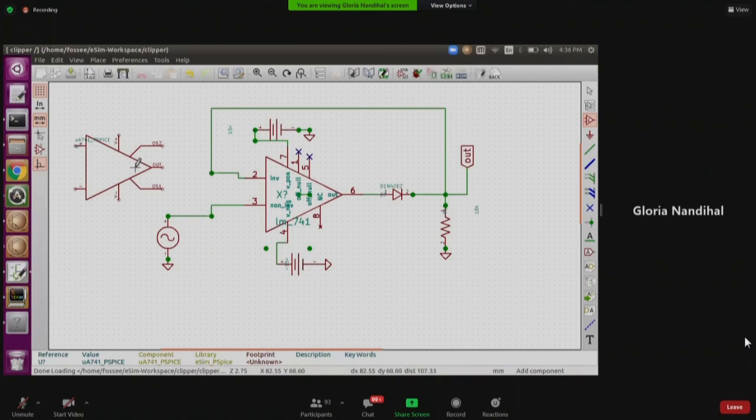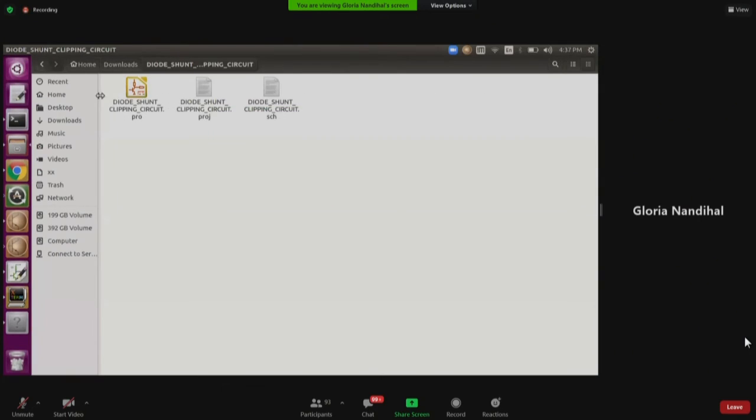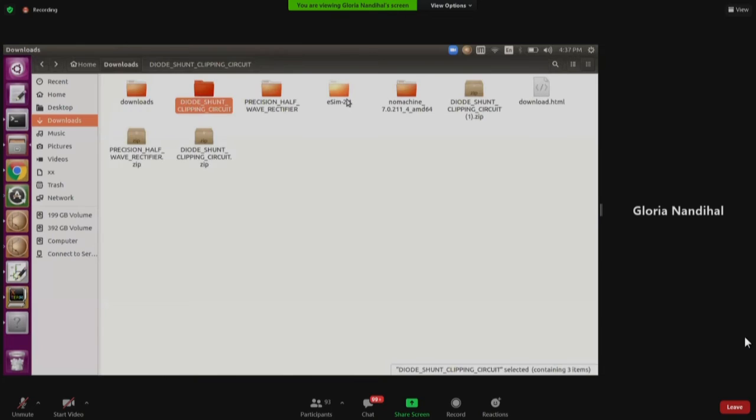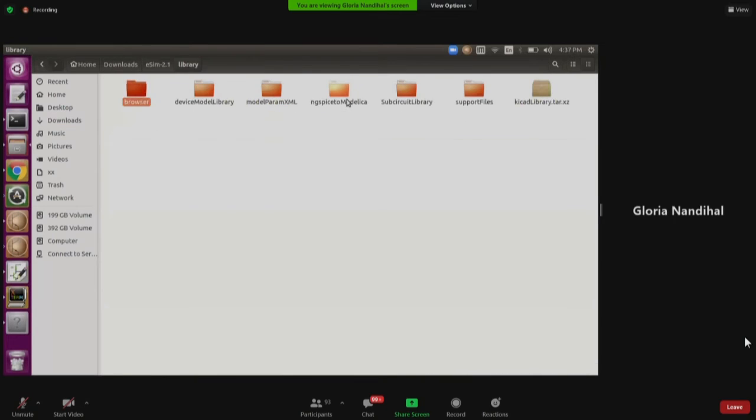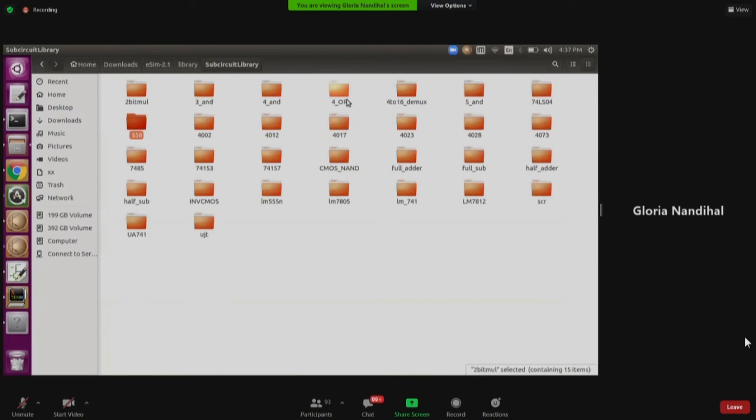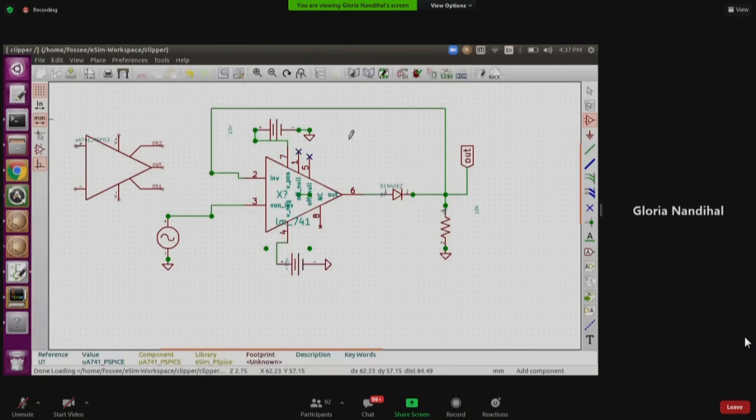But if I use it with the LM741 library file, if you see here, what we have is this LM741, right? This is mainly designed for an 8 pin op-amp. You cannot change it. I'm least bothered about the parts.